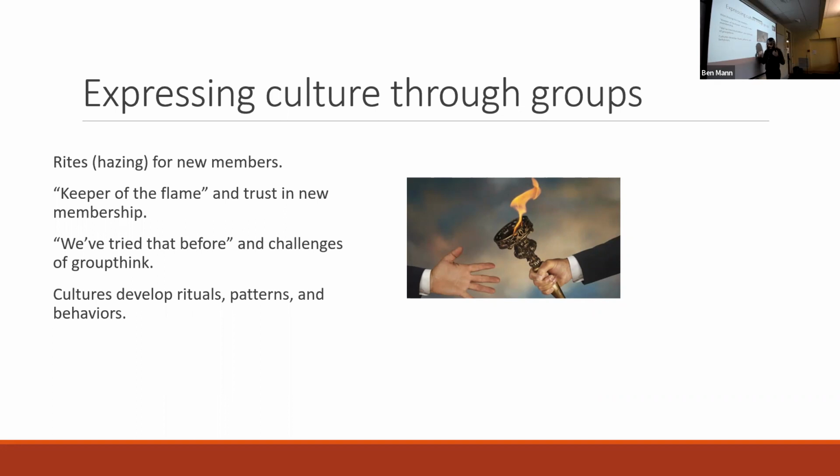As a result of that, we put a lot of emphasis on groups remaining strong through new blood, through new membership, through new participation, and the idea of keeping the flame, passing the torch down to the newest generation who will be able to keep that club going and keep that club working the way that it should be. I'll give you kind of a funny example.